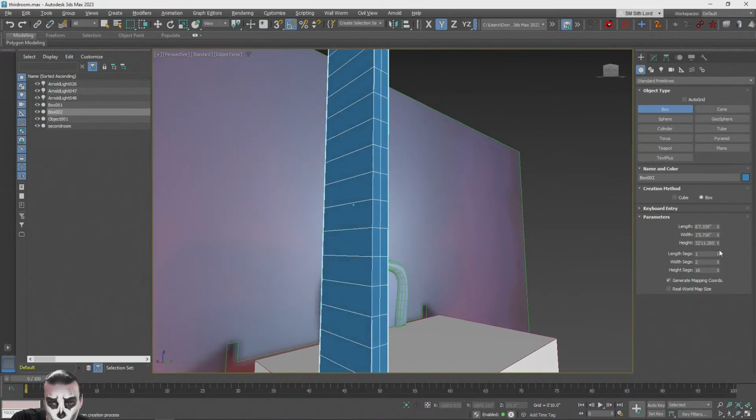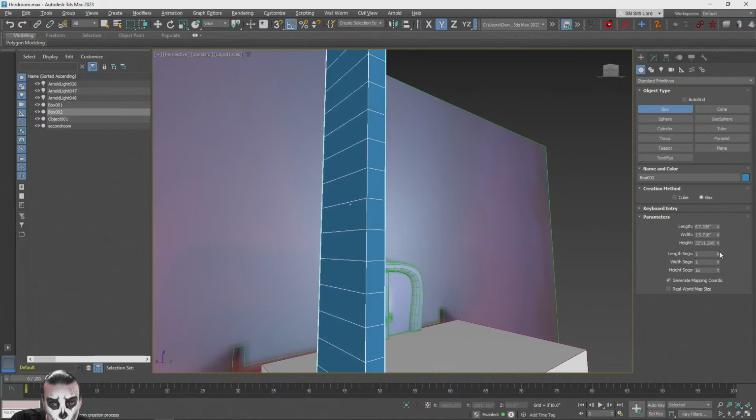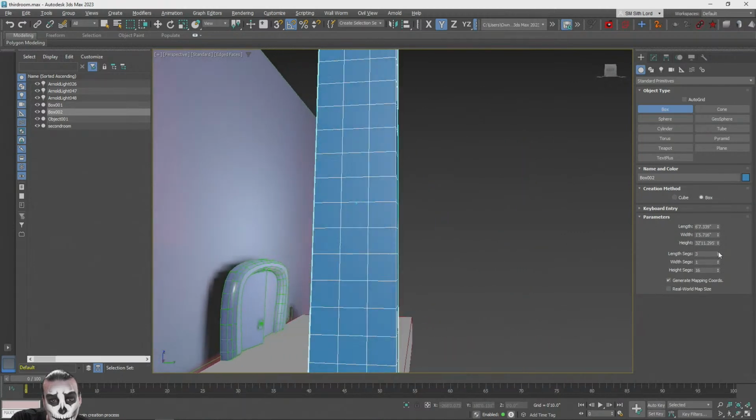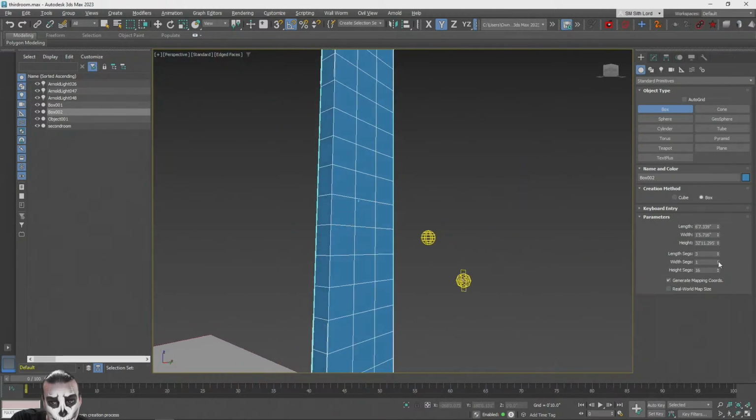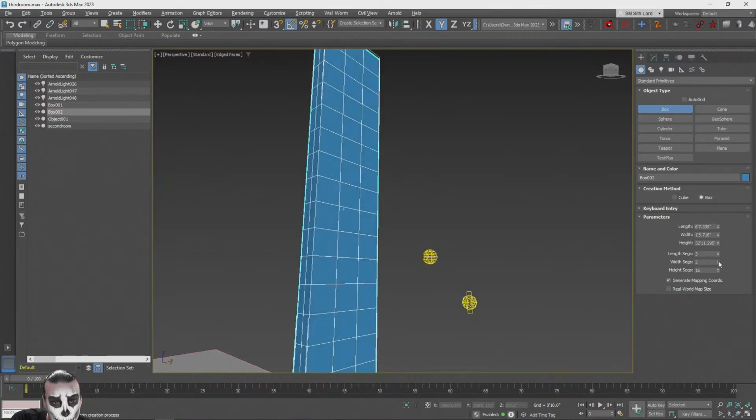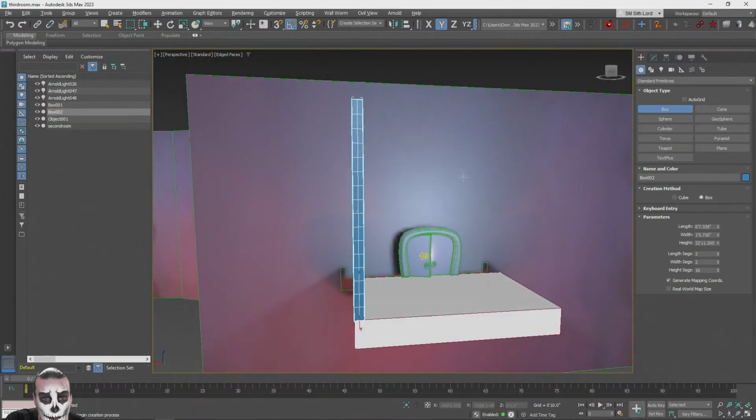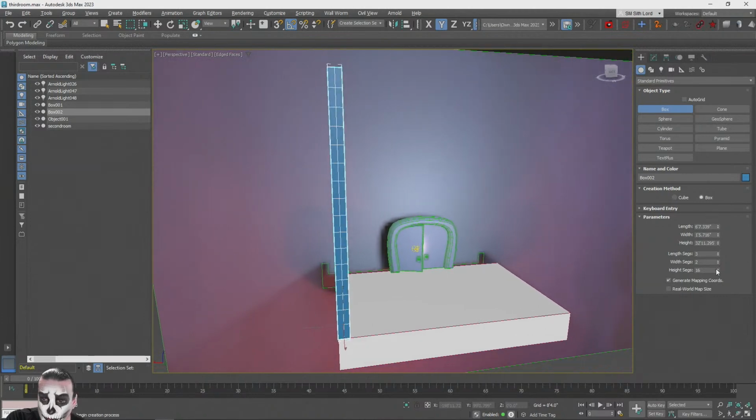One segment there should be enough, hopefully, maybe none, but over here it's going to need some segments for this twist, and this would actually help with the twist too if I get it on there. Okay, so with this thing here,